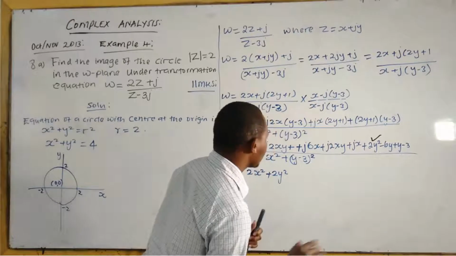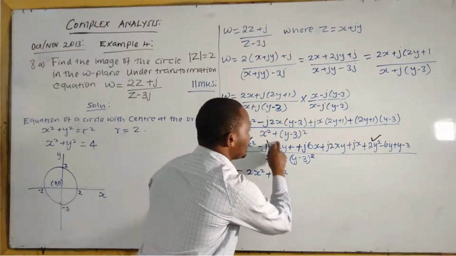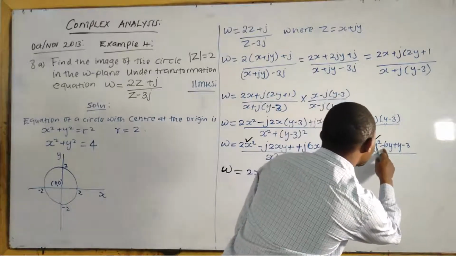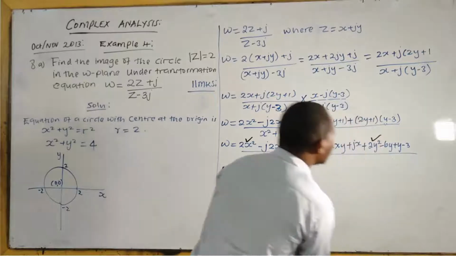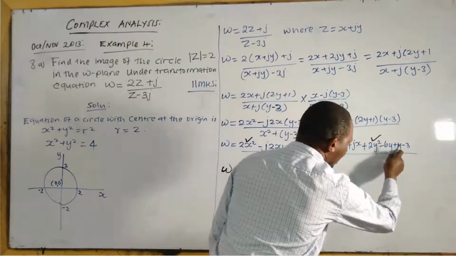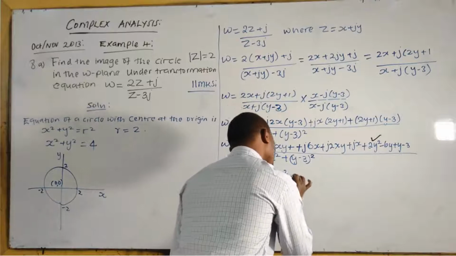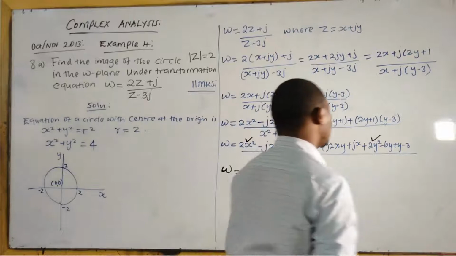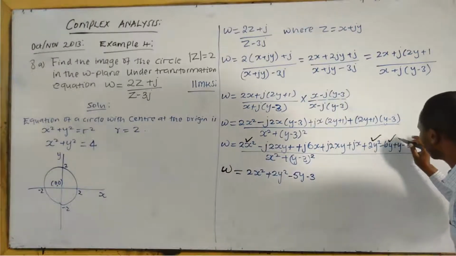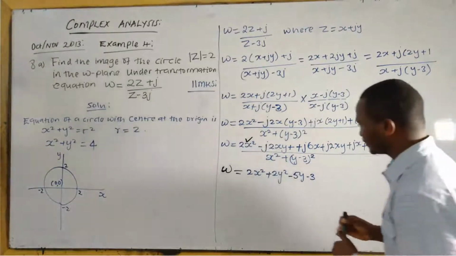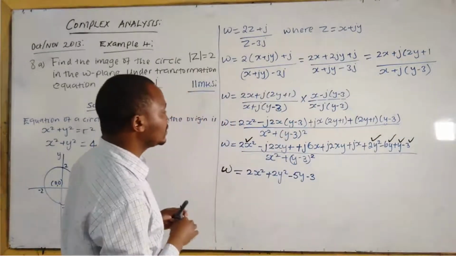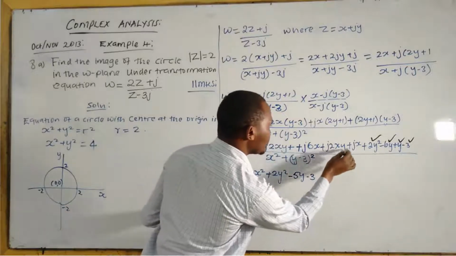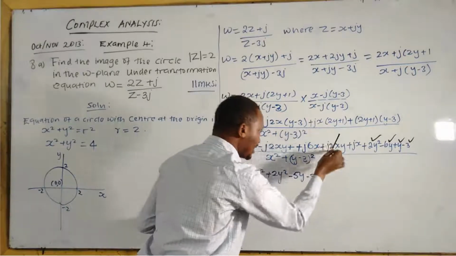Let us deal with real first. What is real? This is imaginary. This is negative 6y plus y, that is negative 5y, and then there is a negative 3. So, you have taken care of this one, and that one. Let us now deal with the imaginary. This is negative j 2xy, positive j 2xy. They are similar, they can add up to give us 0.